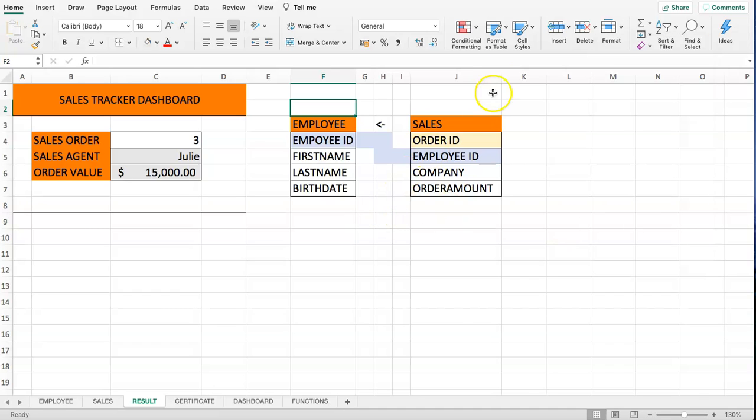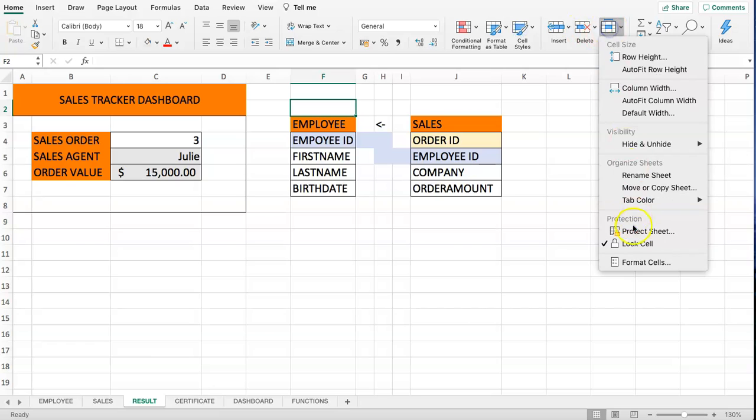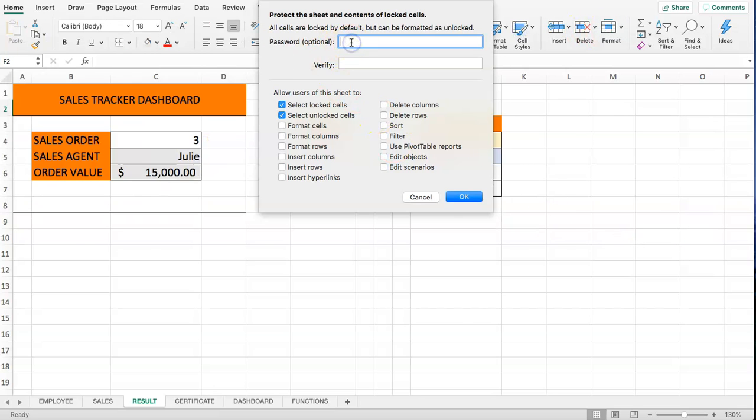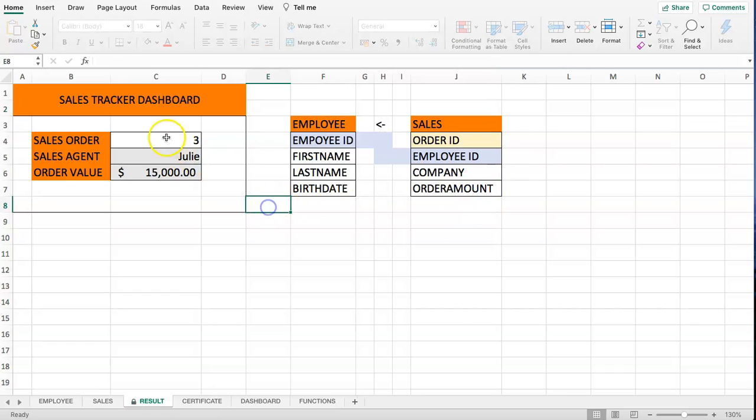So I didn't do anything yet, I will only select this and say protect the sheet, and I put a code in here. Oh sorry, we're putting in a password. Make sure you remember the password. If you don't remember the password, you're in big trouble because you cannot retrieve it. There's no forgot password option on Excel. So you can see all of these options here, but I will ignore all of these. No need to adjust. Let's confirm this. And now, as you can see,